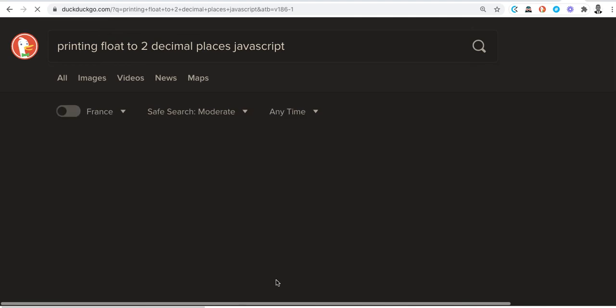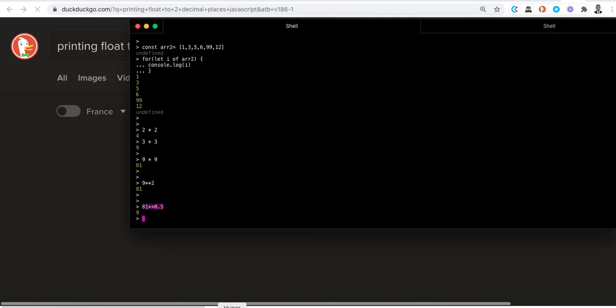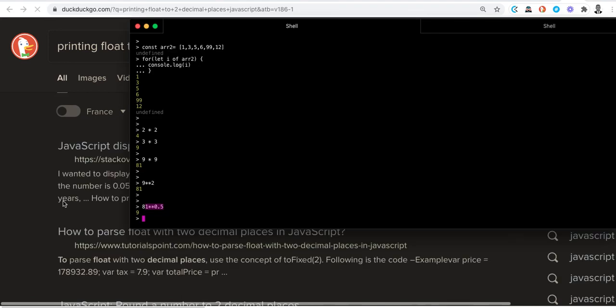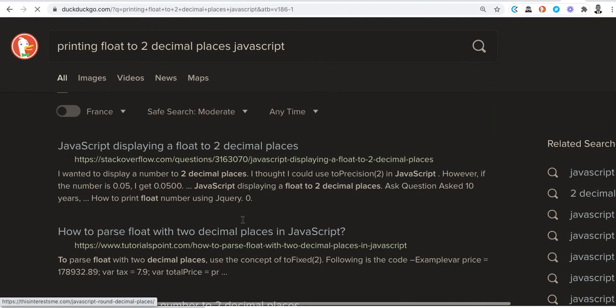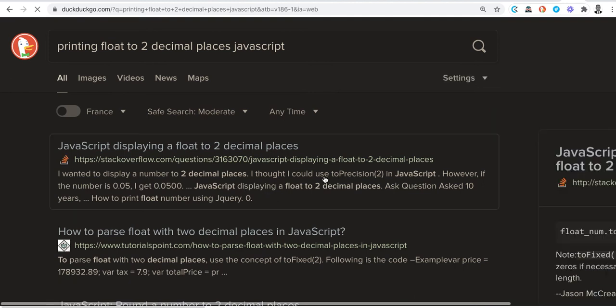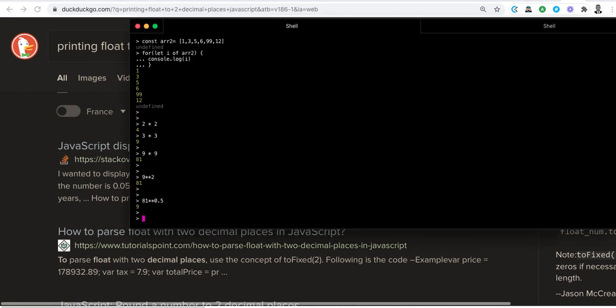Okay, that will be the last aspect to deal with. I can see toPrecision. Let's try that. If I have a value n which is 9 point, so n dot toPrecision,